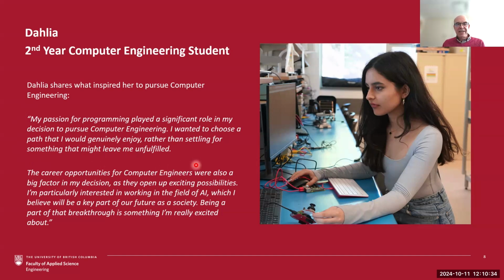unfulfilled. And as a faculty member, and having worked with many students, I can very much connect with the genuine interest in a field. And I see that students really excel when they find the area they're connecting with, the knowledge, and are interested in the roadmap that knowledge is leading to. So Dahlia's, again, giving a really excellent example in her own words about the passion for the field.